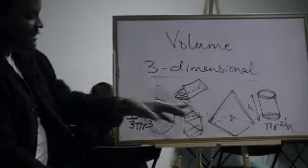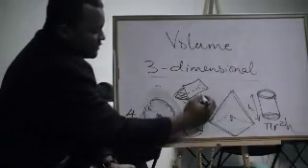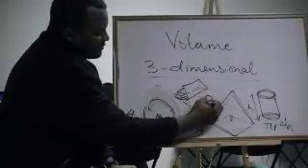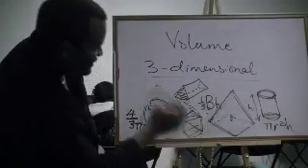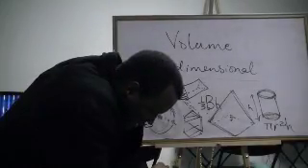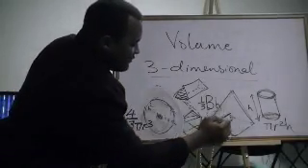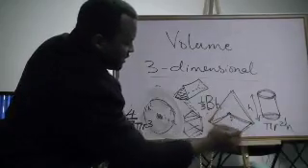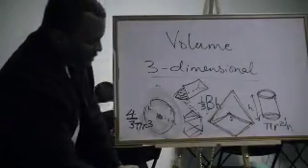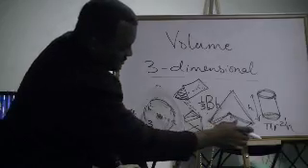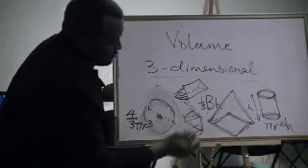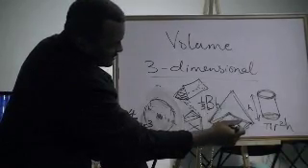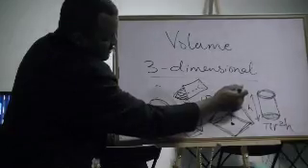Now, let's look at the pyramid. 1/3 base times height. Now, notice the capital B, okay? The capital B stands for area of the base, okay? The pyramid has a base, so we need to find the area of that base. Once we find the area of that base, we multiply it by the height, the distance from the base to the vertex,